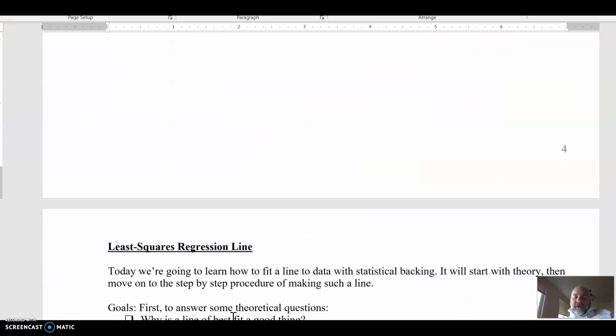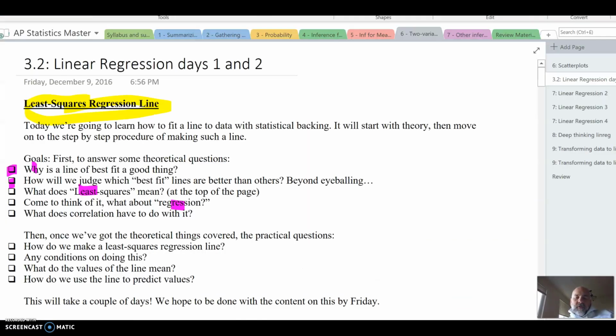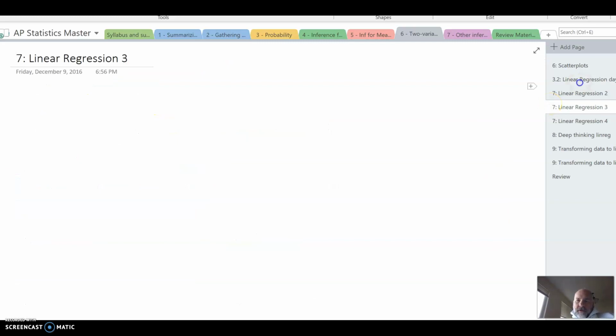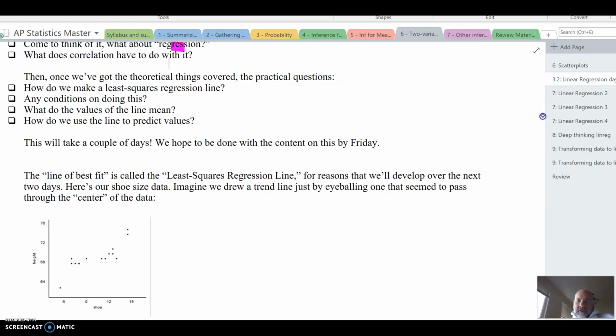All right, oh, wrong, sorry. Back to OneNote. Forgot I was doing OneNote, not Word. Okay, so now we're going to scroll down. Sorry, apologize. There we go. Okay,